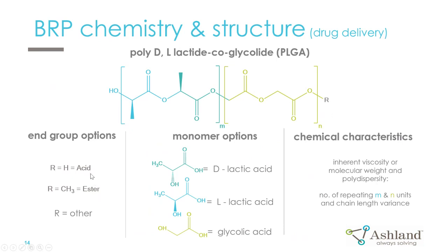So a carboxylic acid end group, for example, is more hydrophilic or water loving than an ester terminated polymer. So if I want this polymer to degrade quicker, I would work with an acid termination versus an ester termination. And then finally, in terms of simple characteristics for degradation, the length of these chains, so the molecular weight or inherent viscosity, is important. The longer the chain length, the more hydrophobic the polymer structure is, and typically the longer